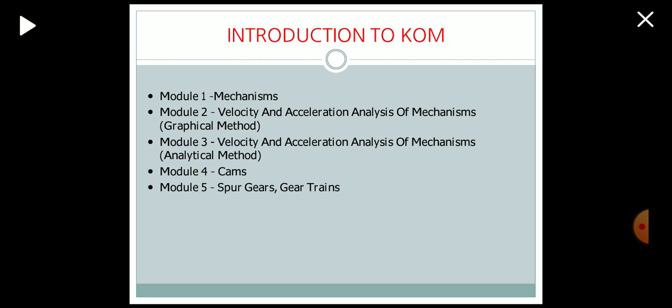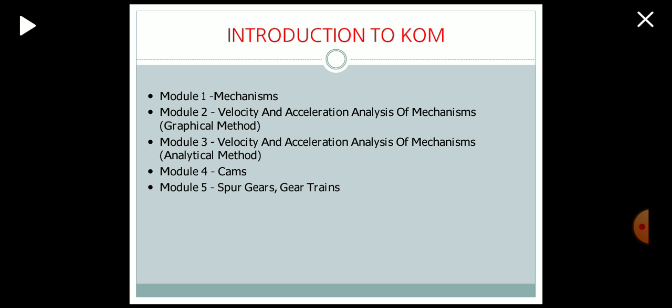There are different types of cams like flat faced follower, roller follower, knife edge follower, etc. There are many cams, and we will study some basics of these cams: how they work, how they operate, and what the principles behind the operation of cams are. It is fully basics. So this is easy.